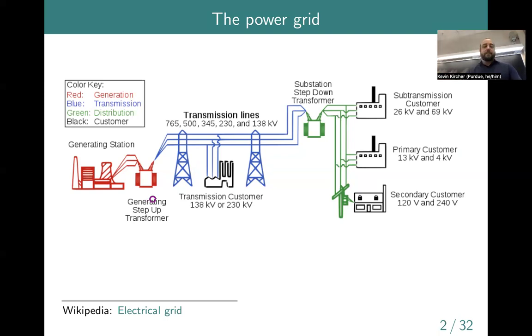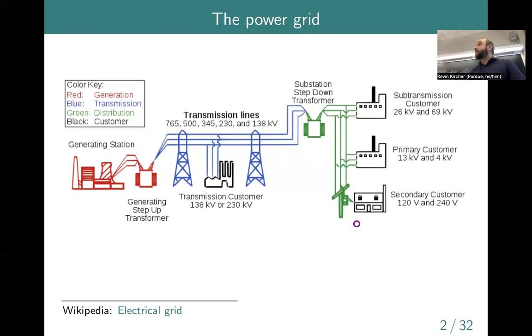So basically, stepping it up to somewhere in the range of 100 to maybe a couple hundred kilovolts. And that goes through a transmission system. These are the large overhead power lines that you might see on the side of a highway if you're on a road trip. And the reason that we step up the voltage between the generation and basically the supply